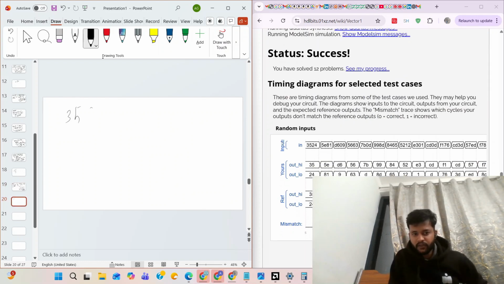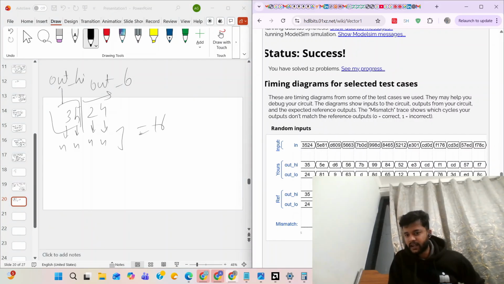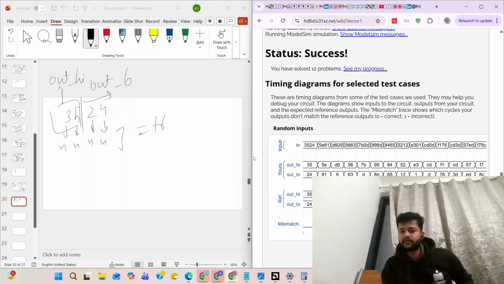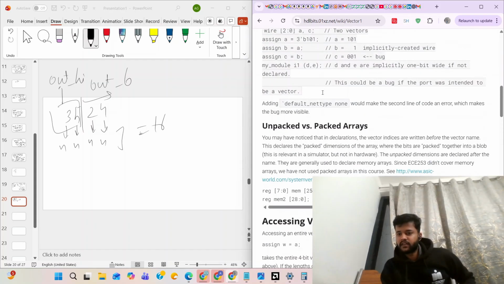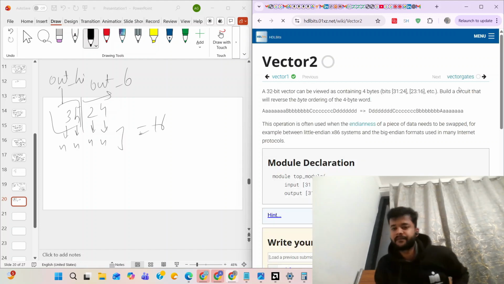So 3524, every digit is 4 bit, so a total of 16 bit will be there. The upper part must be given to output high and the lower part must be given to output low. So here we have done that only. Output high is 35 and output low is 24. That's it. We have analyzed the waveforms also. So we'll move to the next program.